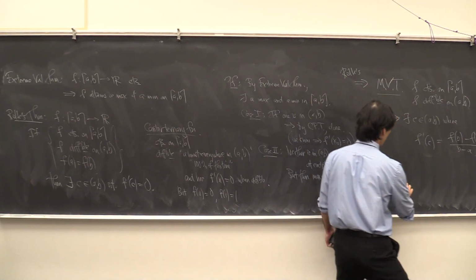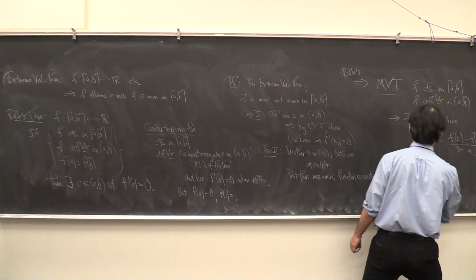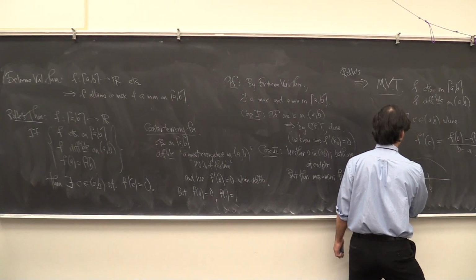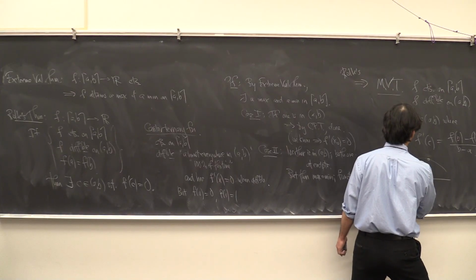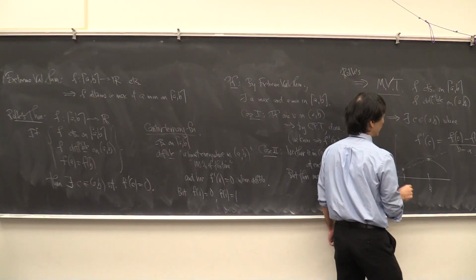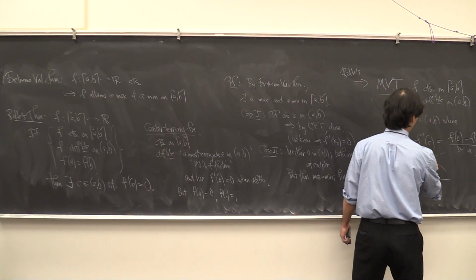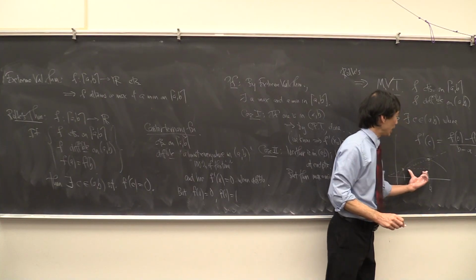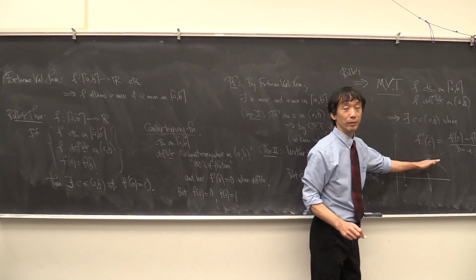Okay, right? The usual picture looks something like this. You have some point A, some point B, right? The f of b minus f of a over b minus a is the slope of the secant line through these